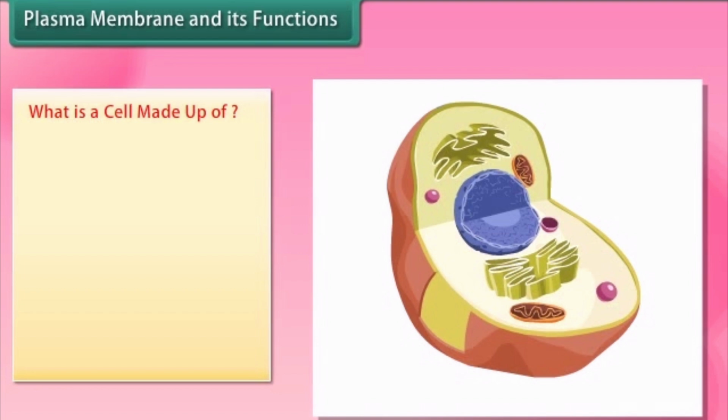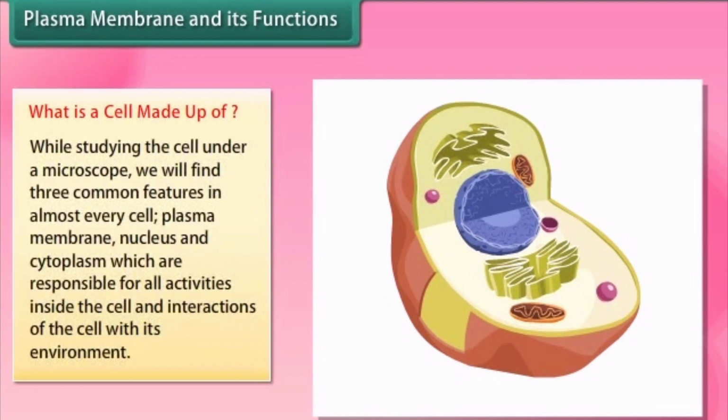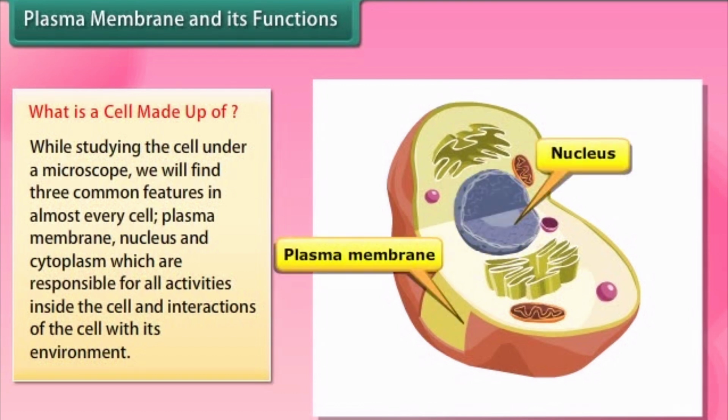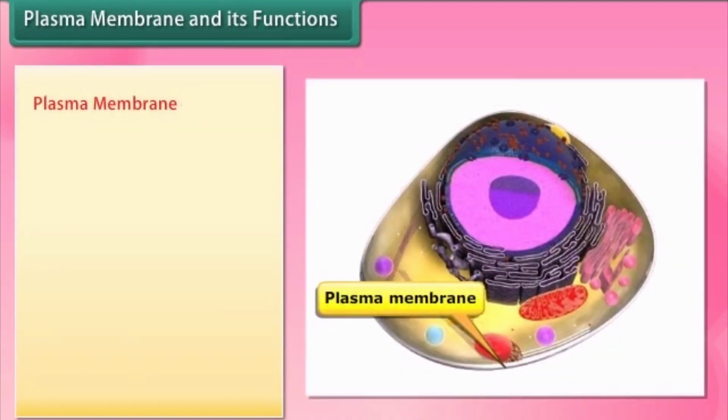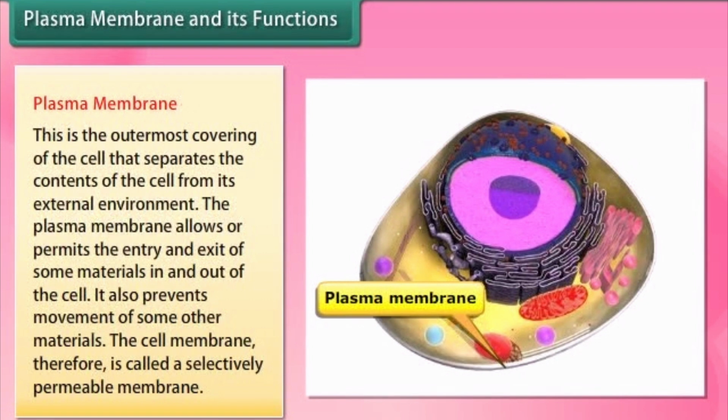Plasma membrane and its functions. What is a cell made up of? While studying the cell under a microscope, we will find three common features in almost every cell. Plasma membrane, nucleus, and cytoplasm, which are responsible for all activities inside the cell and interactions of the cell with its environment. Plasma membrane. This is the outermost covering of the cell that separates the contents of the cell from